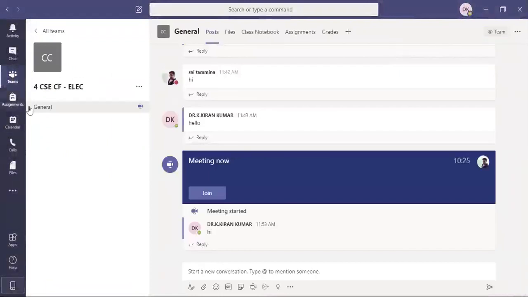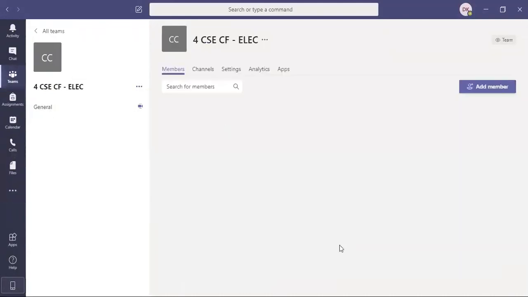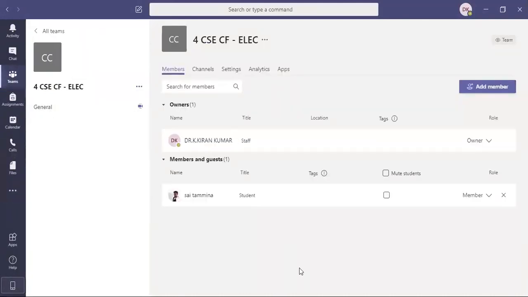See here, the students who have already joined, definitely they will be in this class only. I left the class and again I have joined. This is the third time I have joined the class. See here, that student is in my class only. So whom you are adding is very important. If you are adding 50 students, all the 50 students will be in your class only. Every day there is no need to add different members.